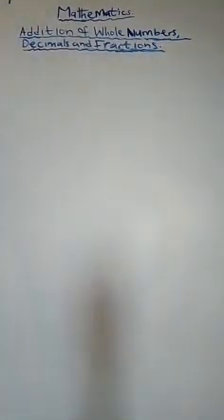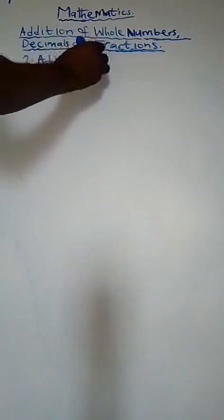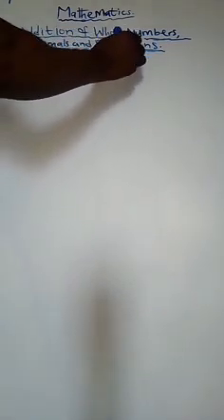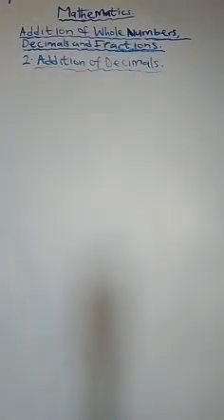I want to look at addition of decimals. In our previous videos, we have discussed decimals or decimal numbers. You can go and watch the videos to understand the meaning of decimals. Basically, a decimal is a number that has a whole number part and a decimal fraction part with a decimal point. So any number with a decimal point is basically a decimal number. So let's look at how to add